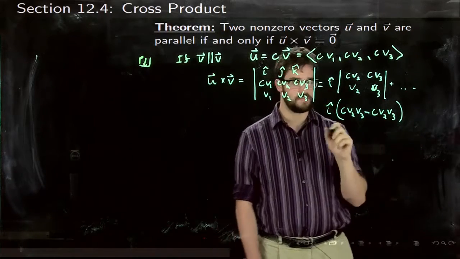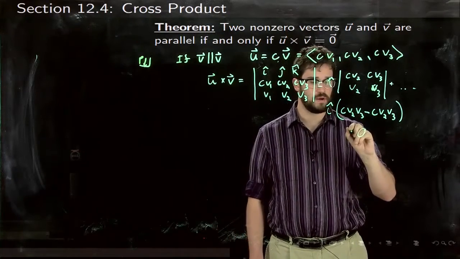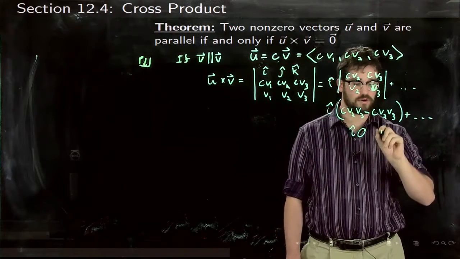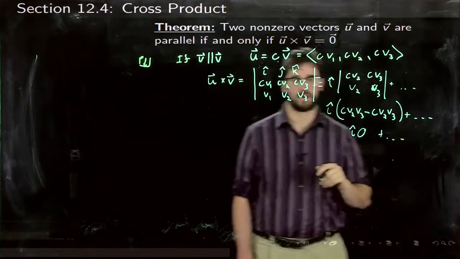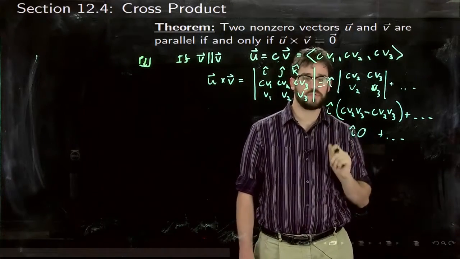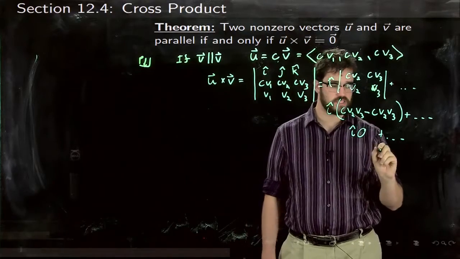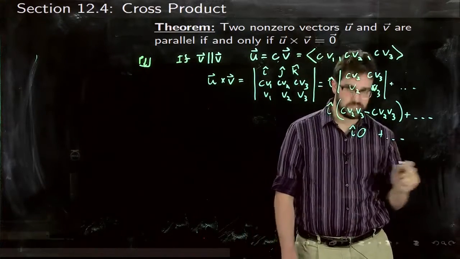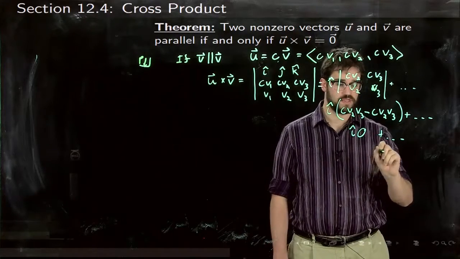Well, this is just going to be equal to 0. So we get 0 times i hat plus the j term plus the k term. Now, if you do the same thing for j and k, you will see that all of these are just going to be 0 i hat plus 0 j hat plus 0 k hat,